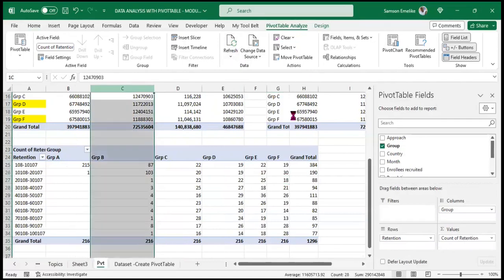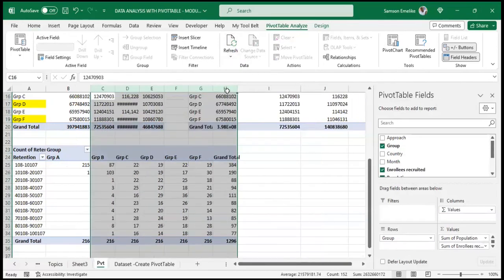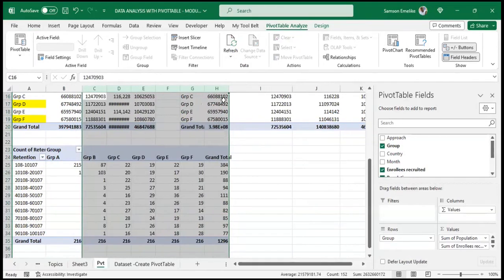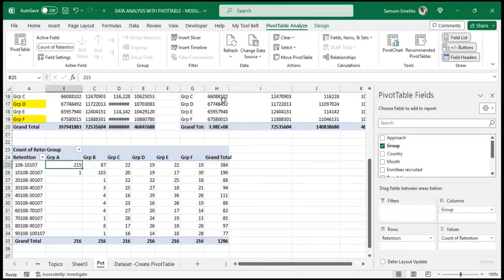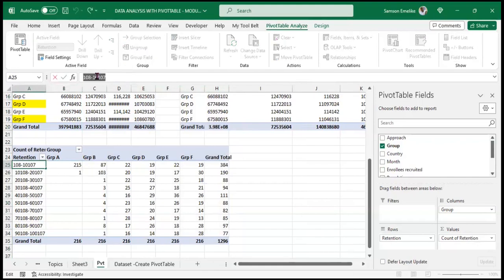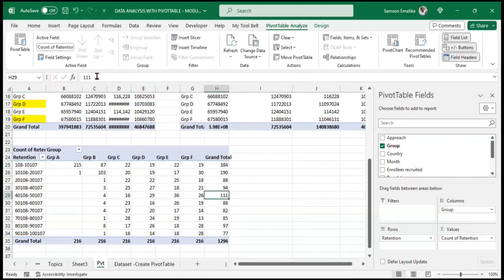So now we want to prove that this is true. We want to prove that these figures are true from our main data set. How do we do that? Let's look for group C. We want to go to our main data set and filter. We want to filter on